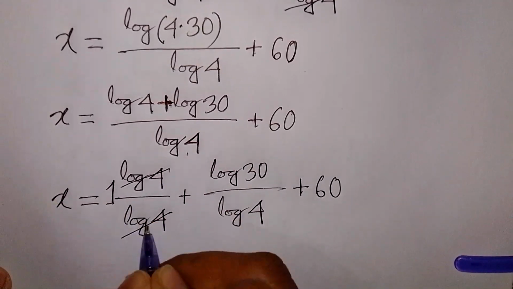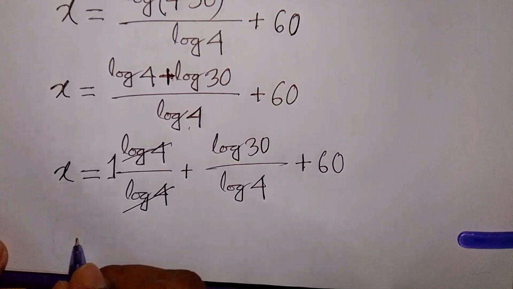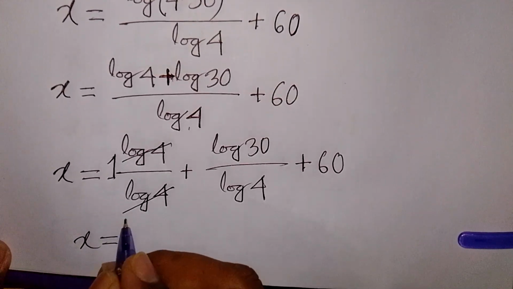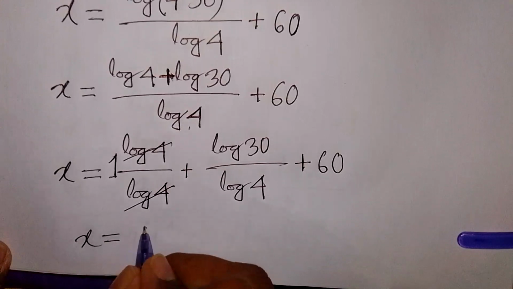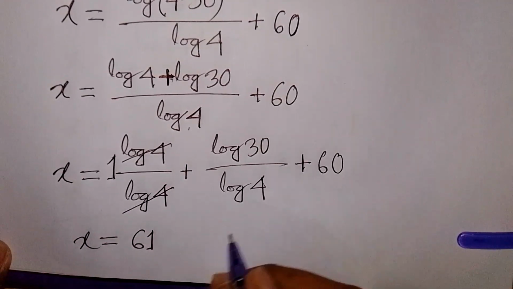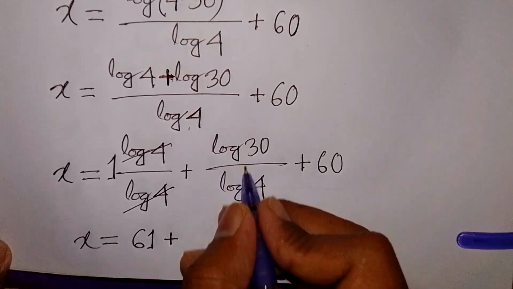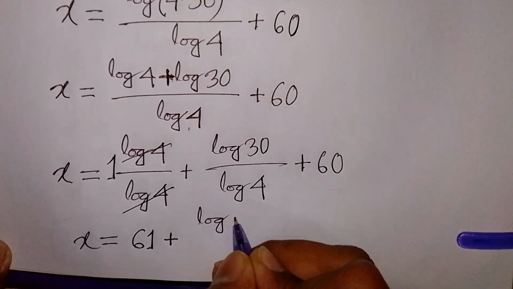Log 4 cancels out, here 1. Next step, x is equal to 1 plus 60, so it will be 61 plus log 30, which is the same as log of